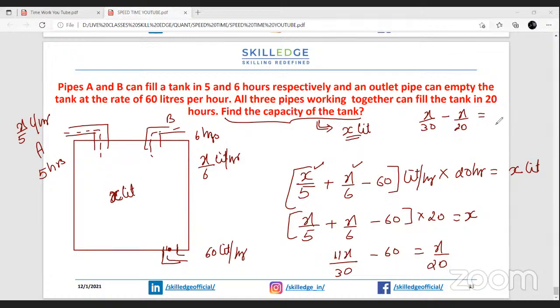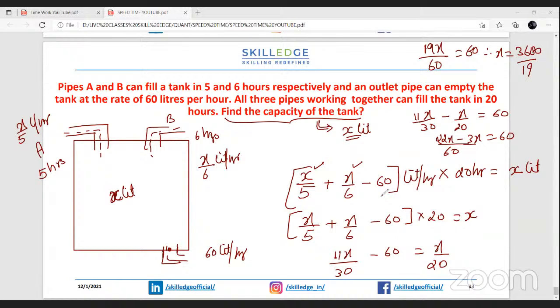11x by 30 minus x by 20 has to be equal to 60, ठीक है। इन दोनों का एलसीएम पे क्या आएगा, 60। सो 2 11 22, x minus 3x is equal to 60, guys। इसे आप सॉल्व करेंगे, so you'll get the value of 22 minus 3 is 19x divided by 60 is equal to 60, therefore x comes out to be how much, 3600 divided by 19, okay।